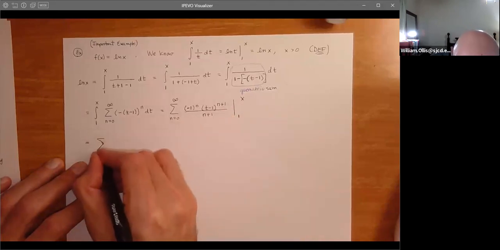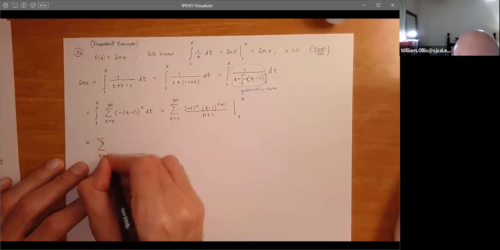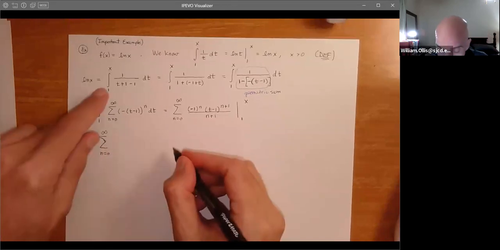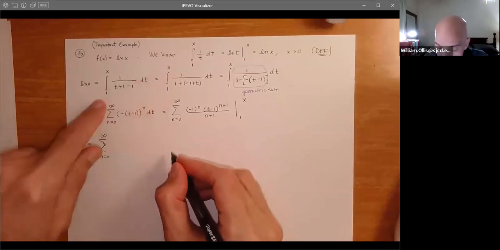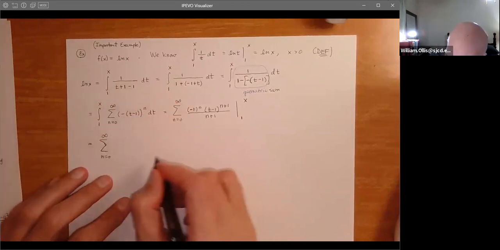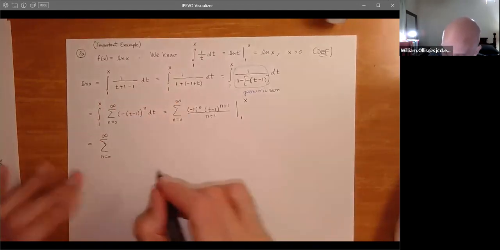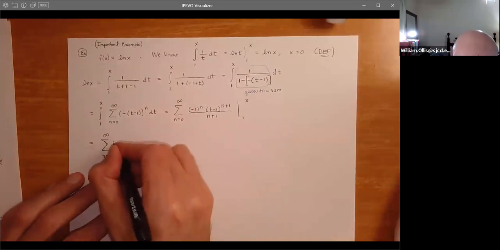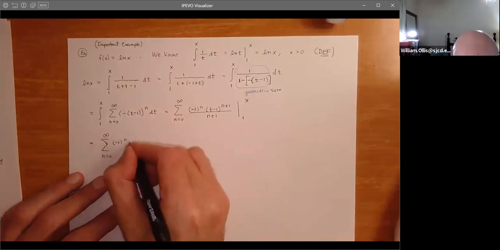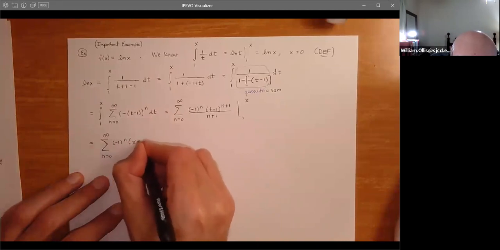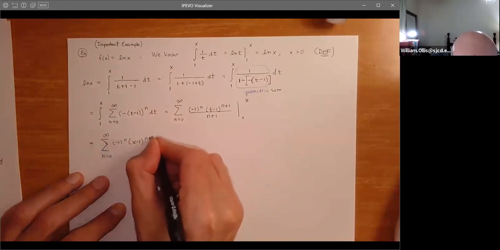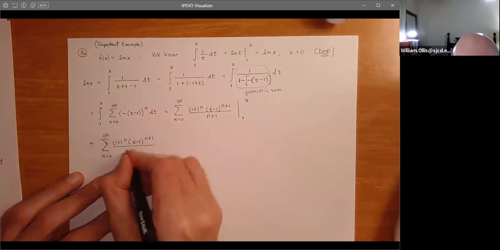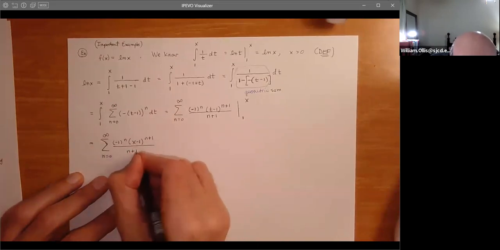So we get the series n equals 0. And of course, my choice here of 1 is from the definition, which will zero out the other term. And you don't have a c to worry about, which is what is problematic with most texts. So we get negative 1 to the n, x minus 1 to the n plus 1 over n plus 1,